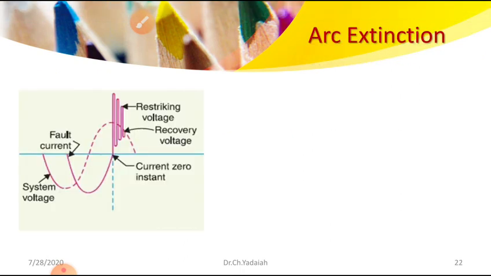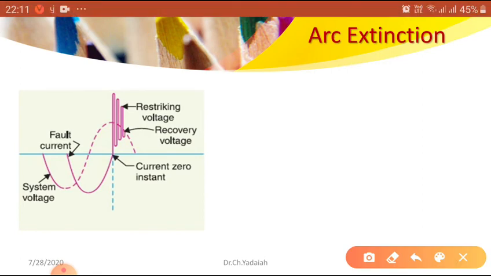Now here, you can see this is the system voltage. At this instant the fault occurred in the system. Due to the fault, the current follows the system voltage until the zero crossing. Once it reaches that point, there is a medium that will try to nullify that, but before that,